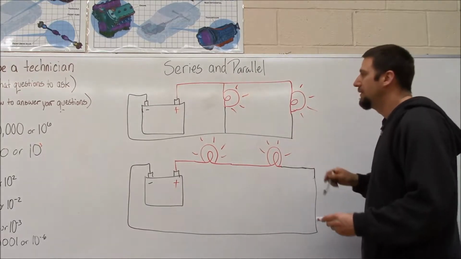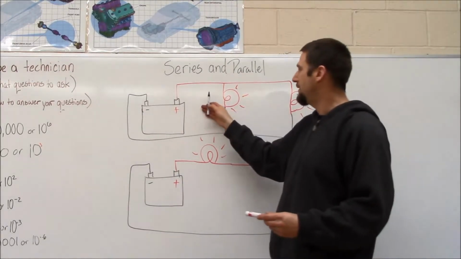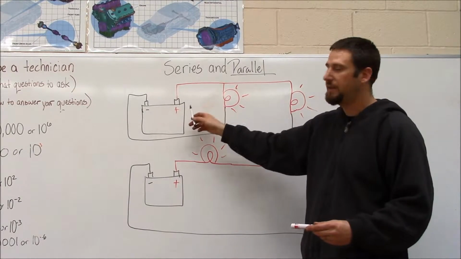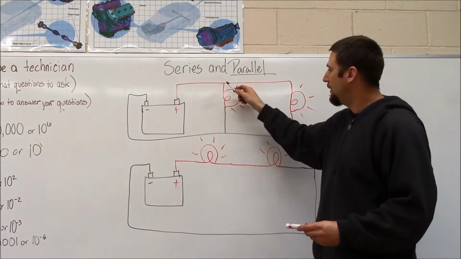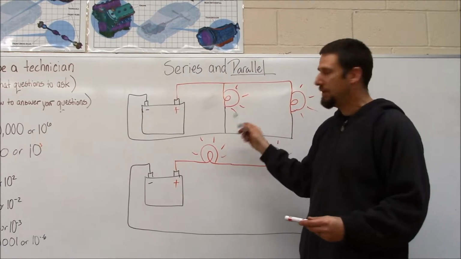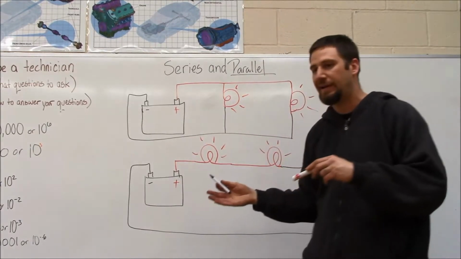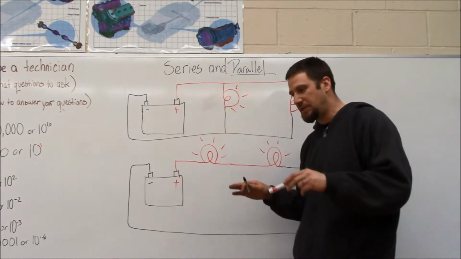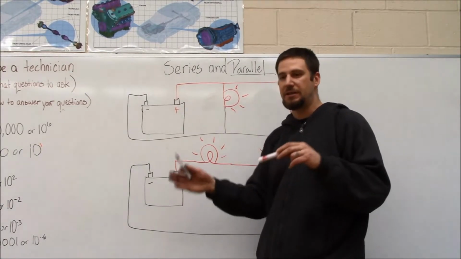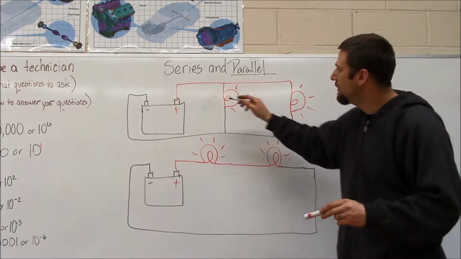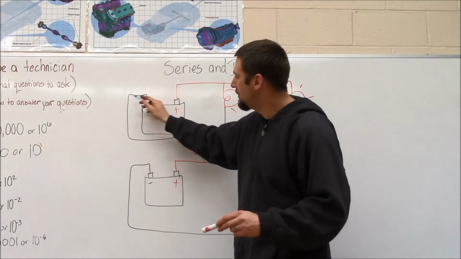All right. So the first circuit that I'm going to talk about is called parallel. In a parallel circuit, there are 2 separate paths for current. It could be 3 or 4, but there are multiple paths for current. And one of the easiest ways to figure out whether your circuit is series or parallel is when you look at the path that electrons are going to flow,